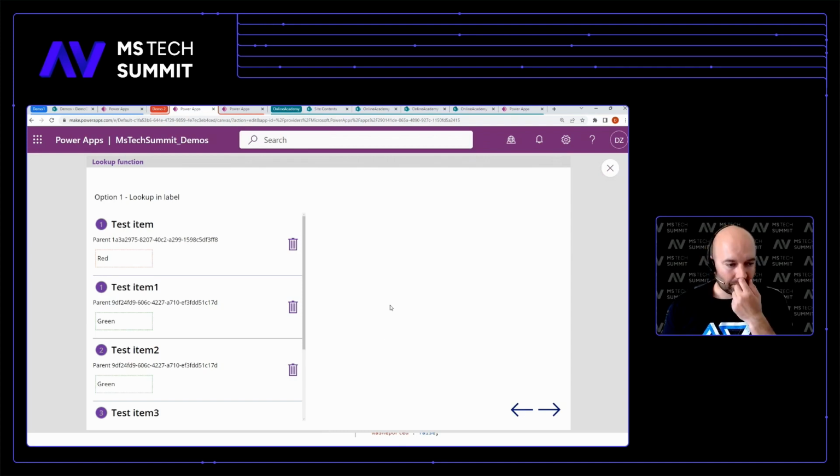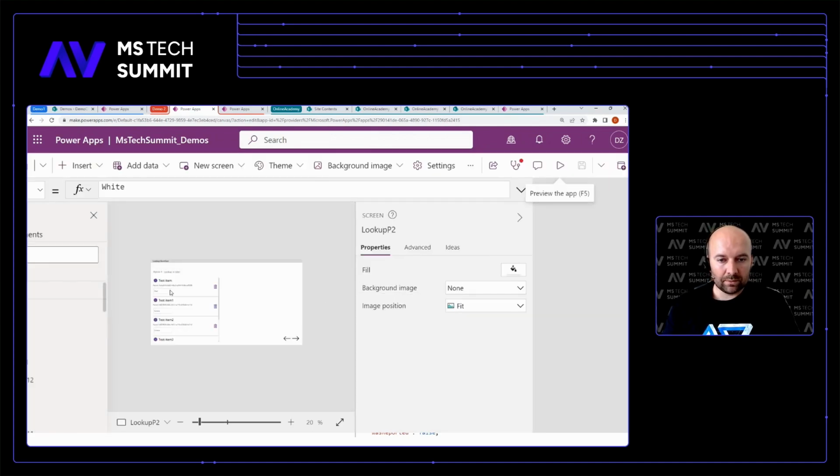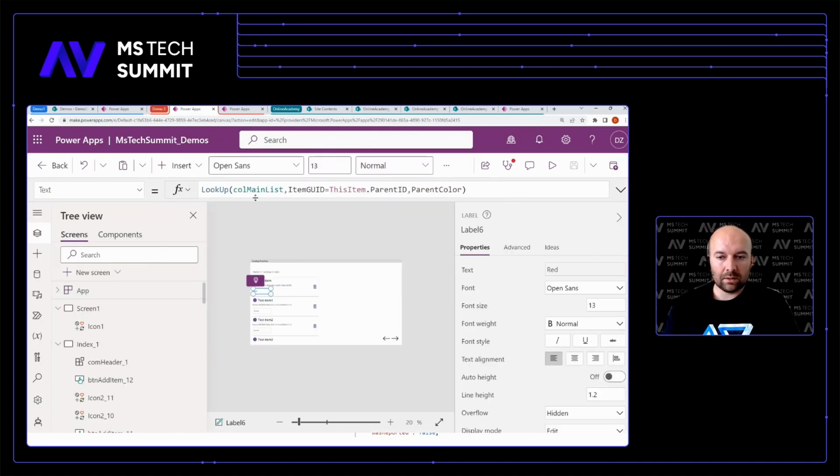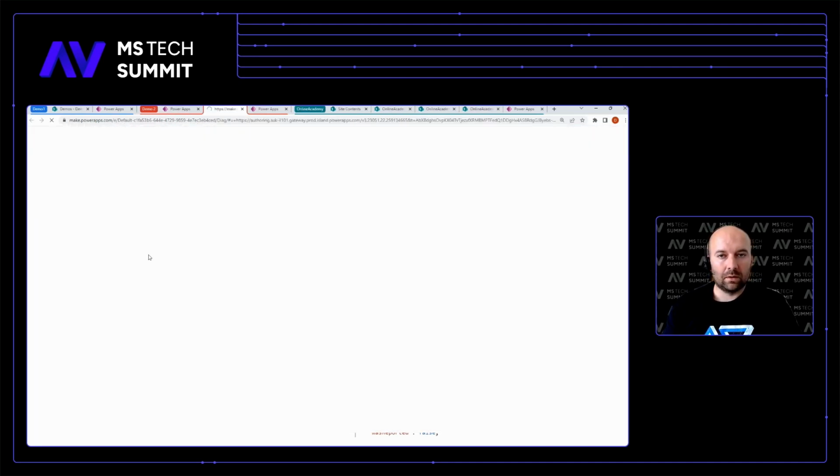When I was working with Power Apps, I noticed that people were sometimes using galleries where they were showing the child elements, and they wanted to show one property or one piece of information from the main list. To achieve that, they were adding the lookup function to a label. And if we now try to run the Power Apps monitor,